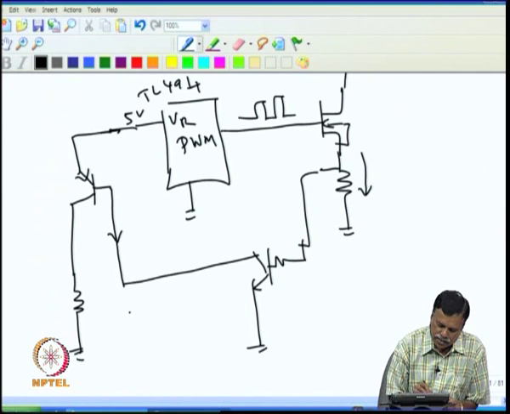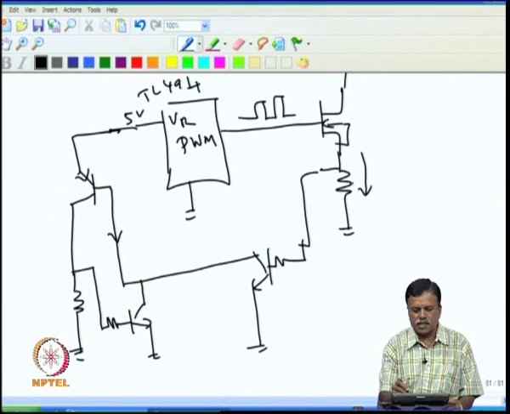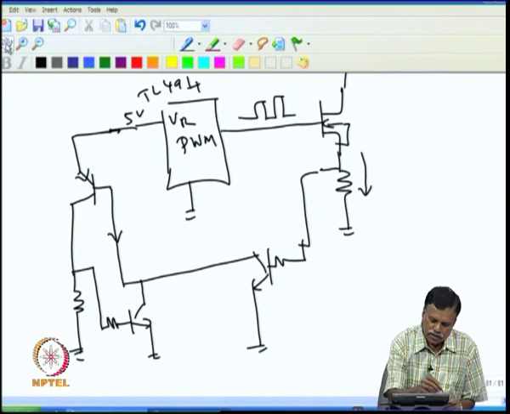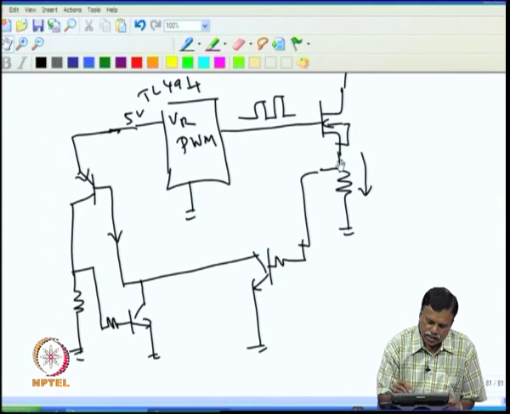Now I can make it latched. For example, I can put another transistor here, then connect this, then this voltage can be given back to this. So as soon as the voltage at this point goes high, say higher than